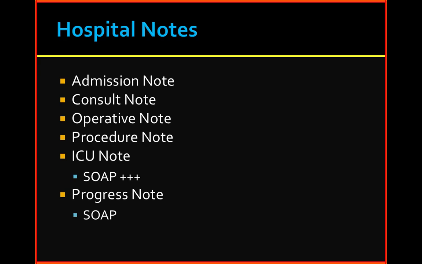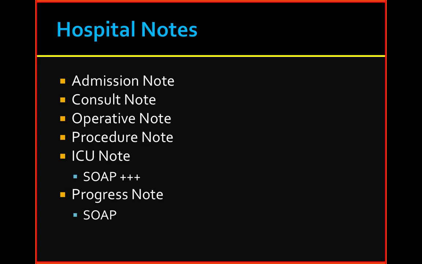Obviously the date and the time, the PPP, the pre-op diagnosis, the post-op diagnosis, which is usually always the same 99% of the time, unless they find something new in the operation that they fix, that they're then going to put in there. The actual procedure itself of what was done, and I'll give you an example of this in a moment. Who the surgeon was, who the assistant was, who the anesthesiologist was, or CRNA,